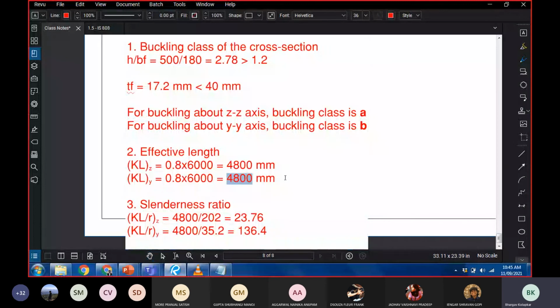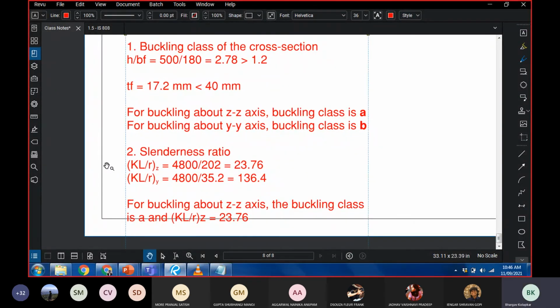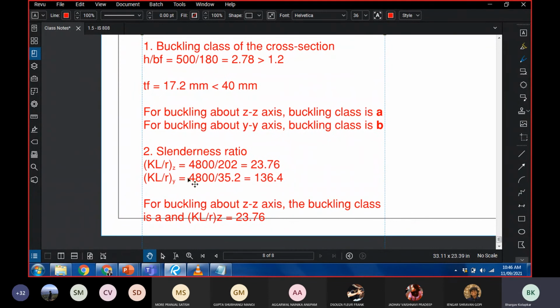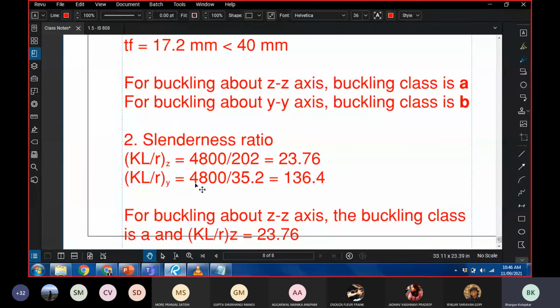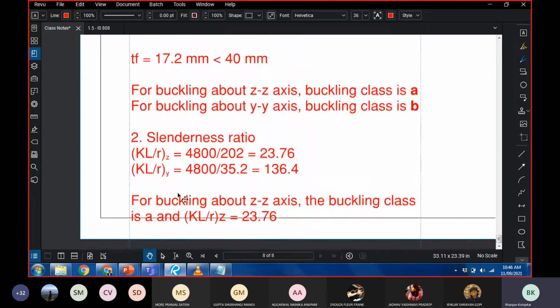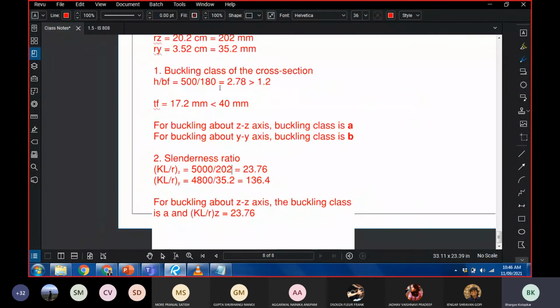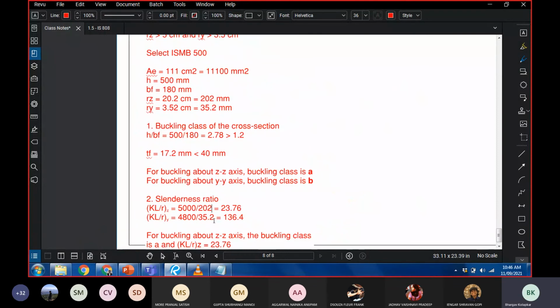Now, step number 2, effective length. The effective length is already given, so we can skip this step. Then the next step is to find out the slenderness ratio. So for the slenderness ratio about Z axis, KLZ upon RZ, KLZ is 5 meters and RZ, which we'll get from here, is 202. So 5000 upon 202